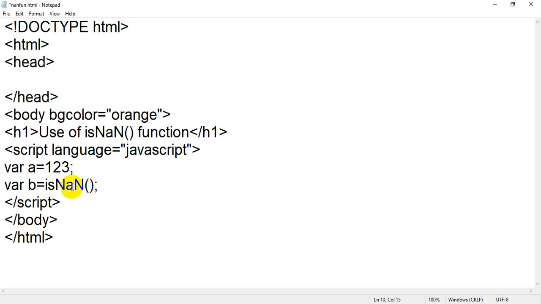Okay, so isNaN is a function, so you have to pass some value. Which value do you have to pass? You have to check the value of a. Inside a you have stored 1 2 3, so I am just going to pass a.